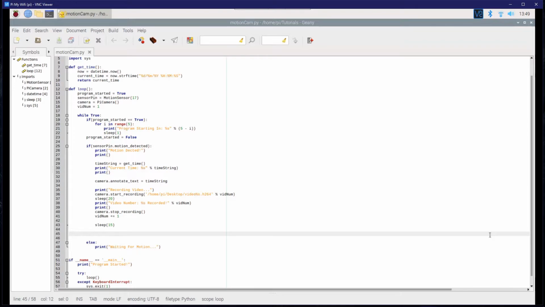Now in this video we're going to focus on taking pictures, because in the last video we were able to record a video after we sense motion. So to take pictures, the first thing we're going to do is come down here under sleep, and we're still under our if statement that checks if motion was detected. So if we come here under the code where we write our video, we're first going to use a for loop,